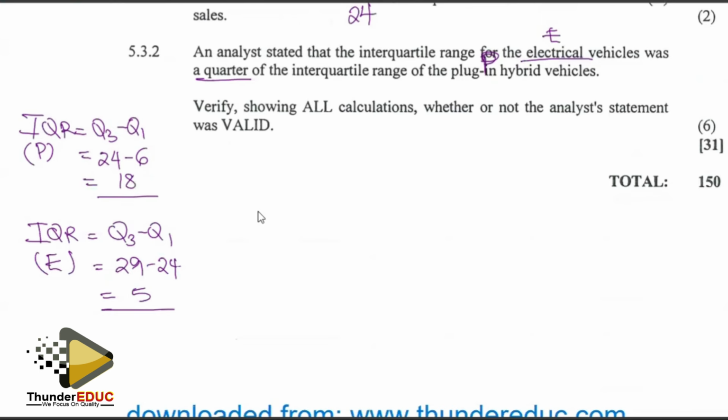So we shall say a quarter of 18. A quarter of 18 is 4.5. But we are looking at cars, which is approximately 5. So let's state